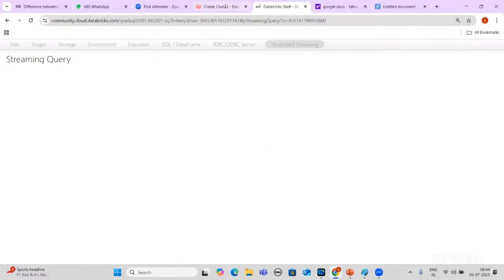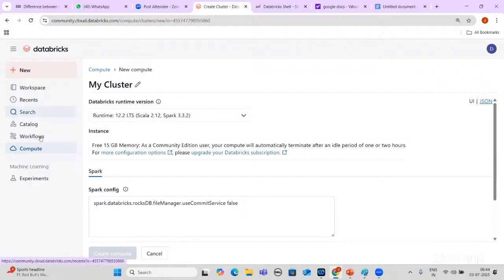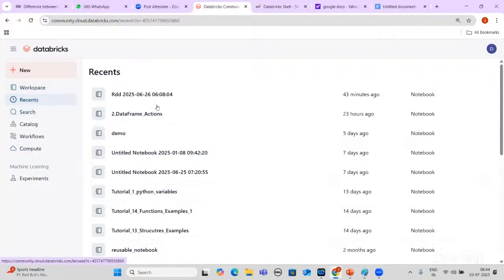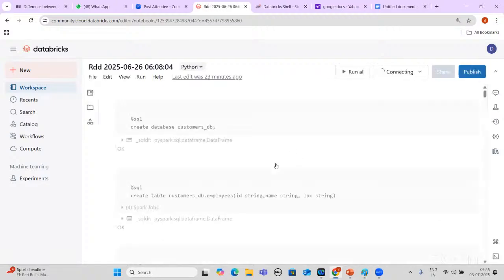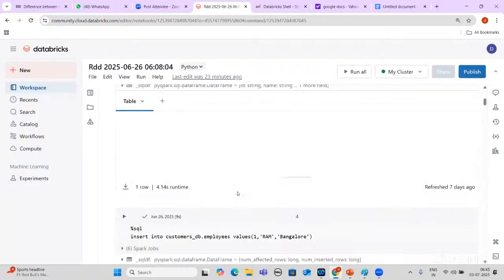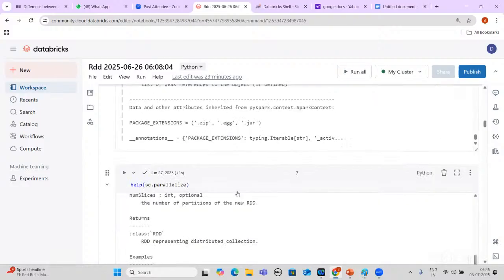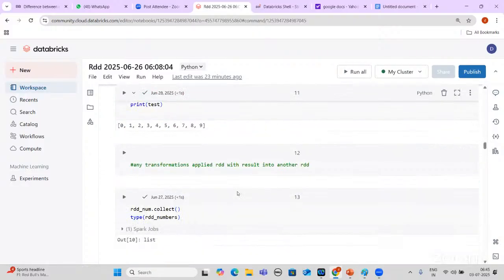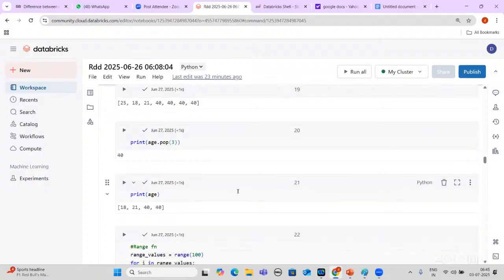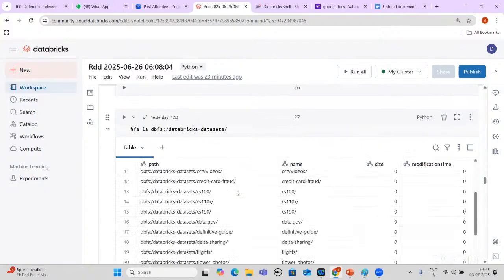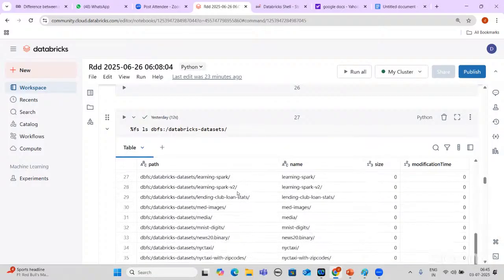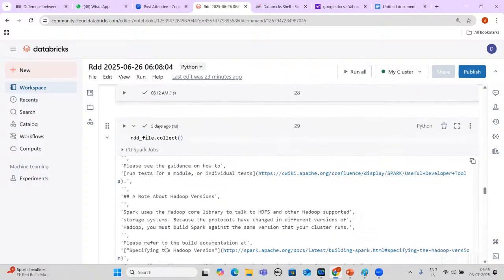So the next one we need to understand is flat map. So what will flat map do? Till now we have discussed map. Map will map each and every value and give you the output exactly. But what will flat map do? If your output is nested, then only we will use flat map. We can see the difference.